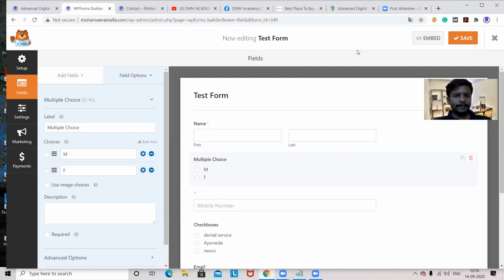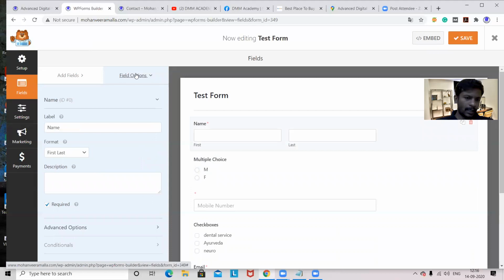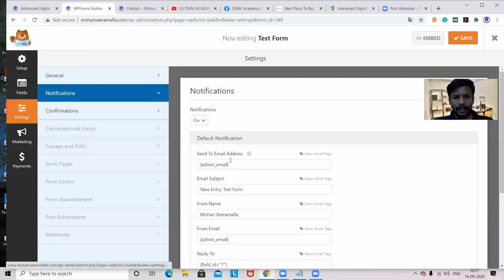Now I saved this form. So see, when you are installing this application, like WordPress, there you'll be giving an email ID. For that email ID only you'll be getting these details. Or if you want to change it, whatever details come after filling this form, you can give a particular email ID to receive them. How do we give that? We have field options. Okay, we'll go to settings here.